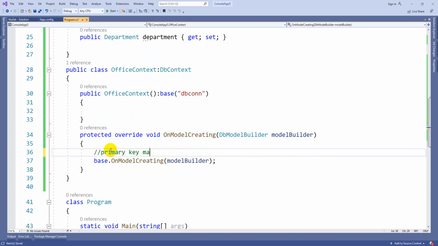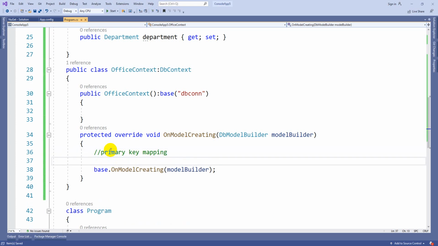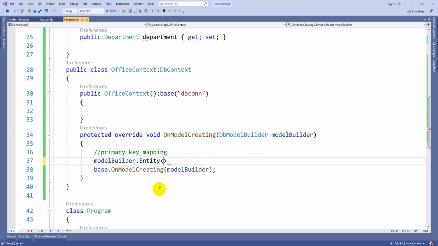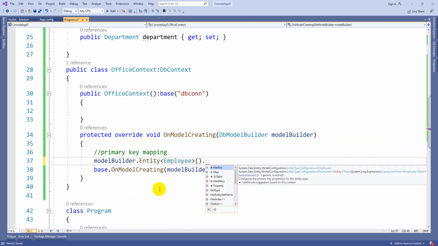Primary key mapping can be done like this. First take the model builder option. Model builder comes with the properties of the context. ModelBuilder.Entity: entity means the class for which you want to write the properties. For the employee class I want to write the properties, so Employee.